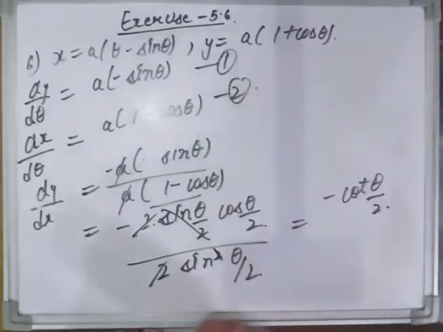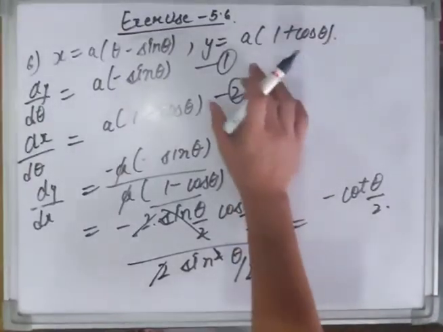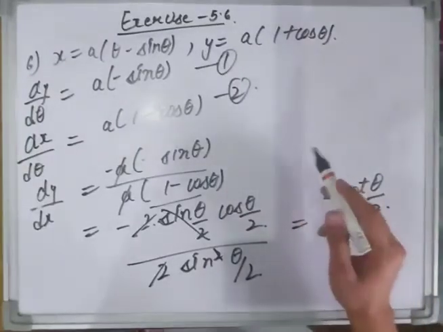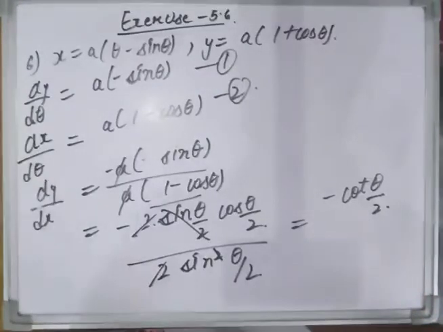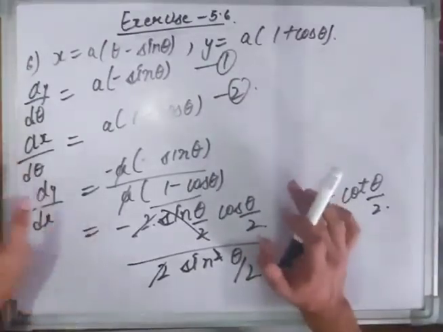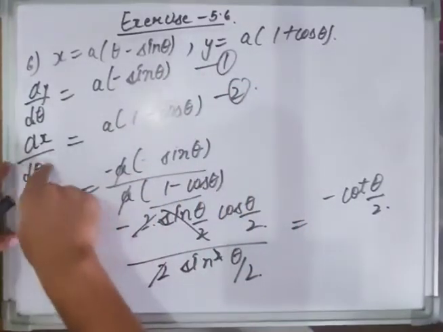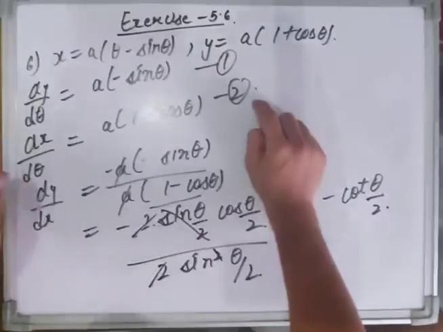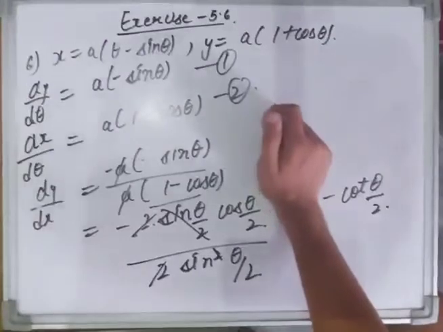And now if you want to mark these equations as 1 and 2, you can proceed with this, and it will be much better if you write this equation as 1 and this as 2, and then divide equation first by second. It will look much better. Mark my words, if you do it like this, marking this as first equation and dx upon d theta as second equation, and then write divide equation 1 by 2, your marks will not be deducted in the board.